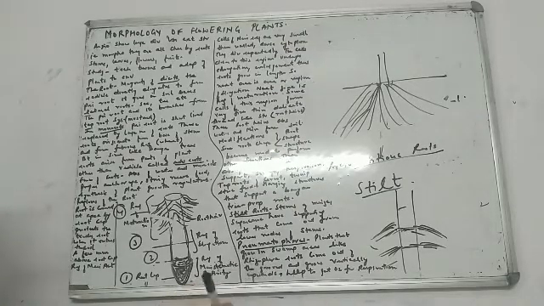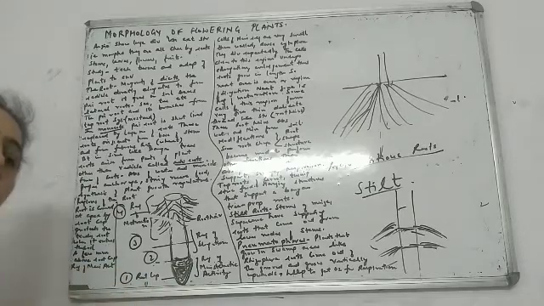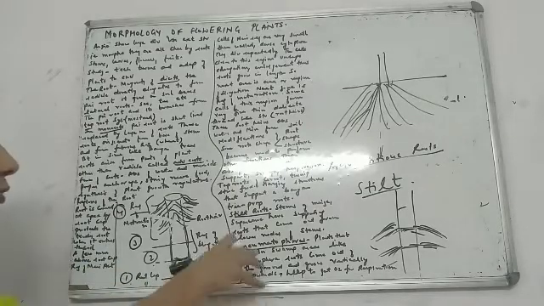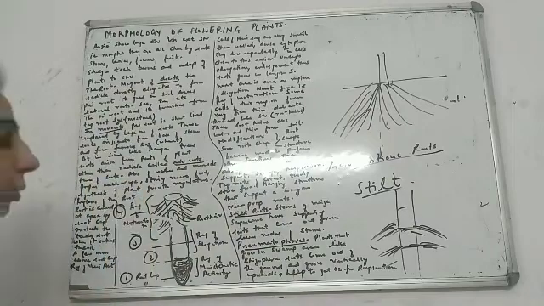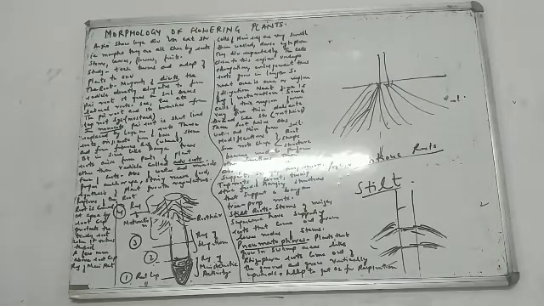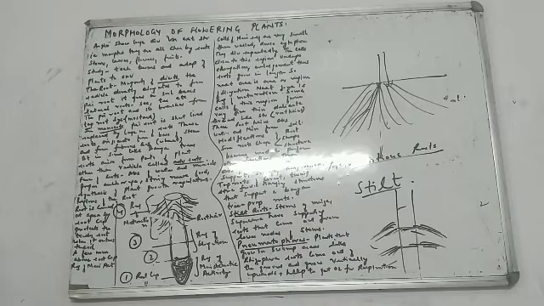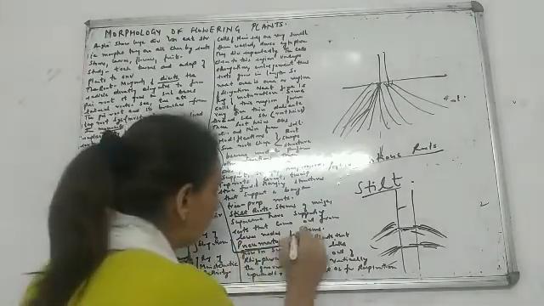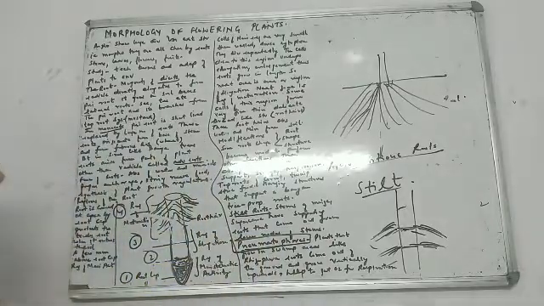What happens in this? The plant is not able to breathe because of the marshy area. So the roots come out of the ground and they start growing vertically upwards so that they can help to get oxygen for respiration. Such kind of roots are known as pneumatophores. What are they called? Pneumatophores.